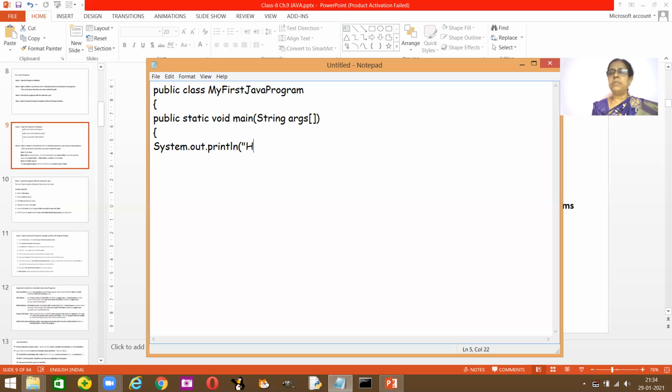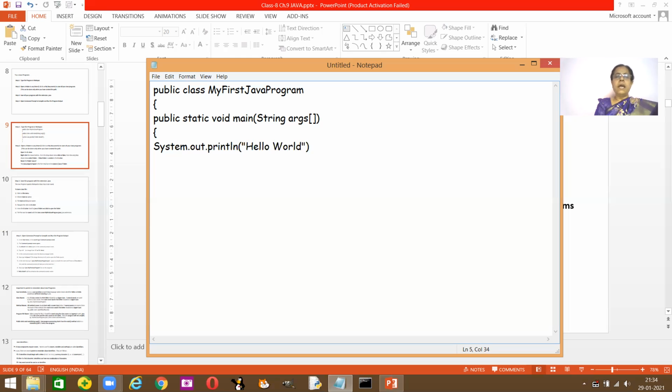What's given in your book? I'm just trying it out. You can try out many other things after this. Hello. It's your wish. You can put it smaller, bigger. World, W-O-R-L-D, and close it with again double inverted commas and close the parenthesis.